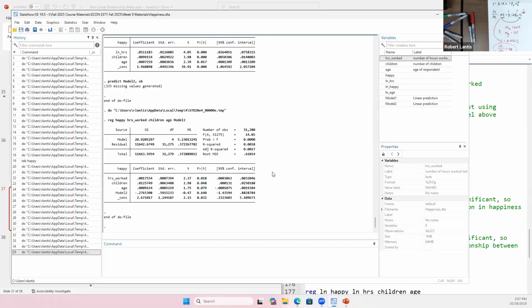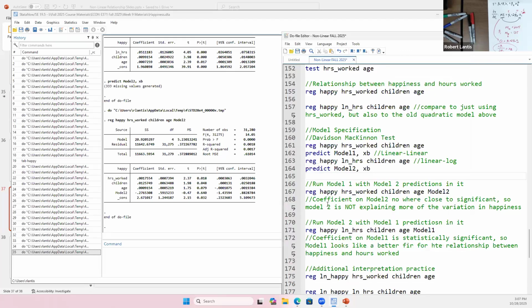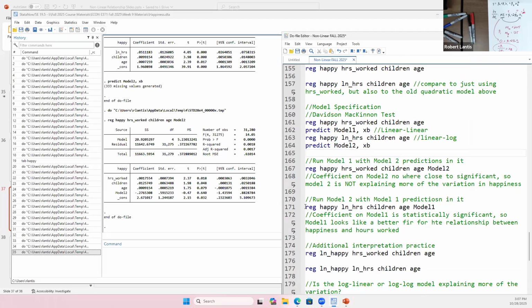No. Right? Its predictions have no additional statistical significance. Now, I could do the same thing, but I could go back and run model 2 and include the predictions for model 1. Now, knowing that model 2's predictions were bad, essentially, what should the statistical significance of model 1 likely be? If I'm now running the nonlinear model, but including the predictions from the linear model, it's likely those predictions are actually statistically significant, right? So I can run this,